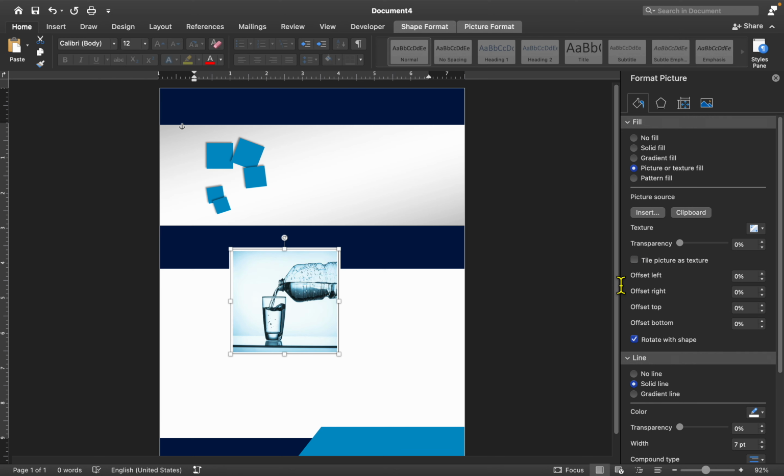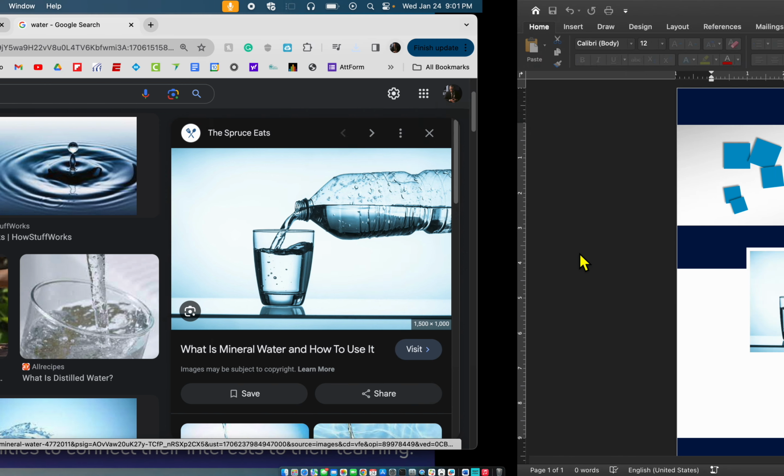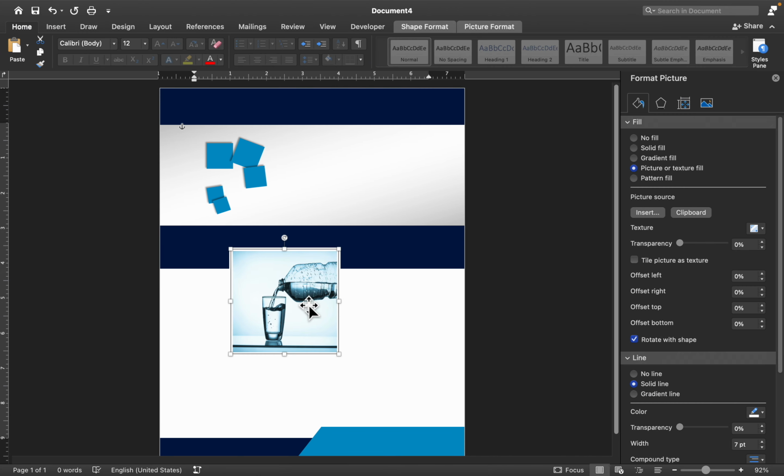Now when I get my water picture in, it's going to take that picture and crunch it into that square. All right, it wants it to fit those boundaries that we wanted. Now if you're doing a person, or like even this glass looks pretty scrunched together, right, compared to its average or normal picture. So to widen it out to the best of our ability, what we can do is go to